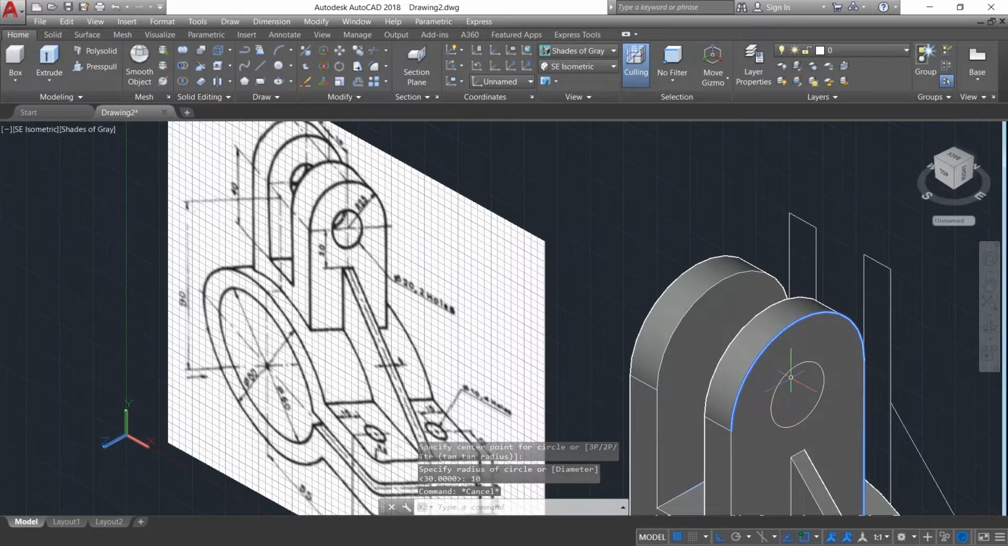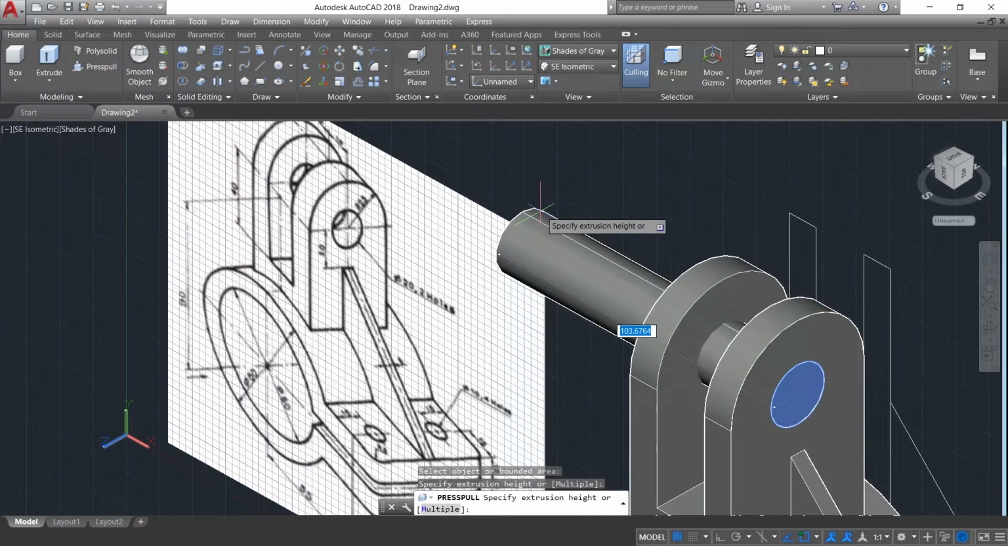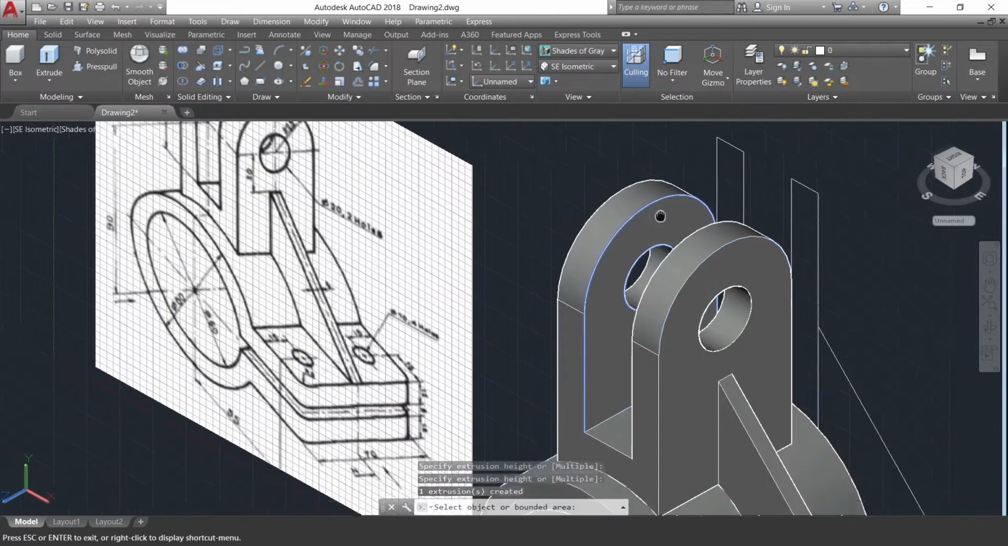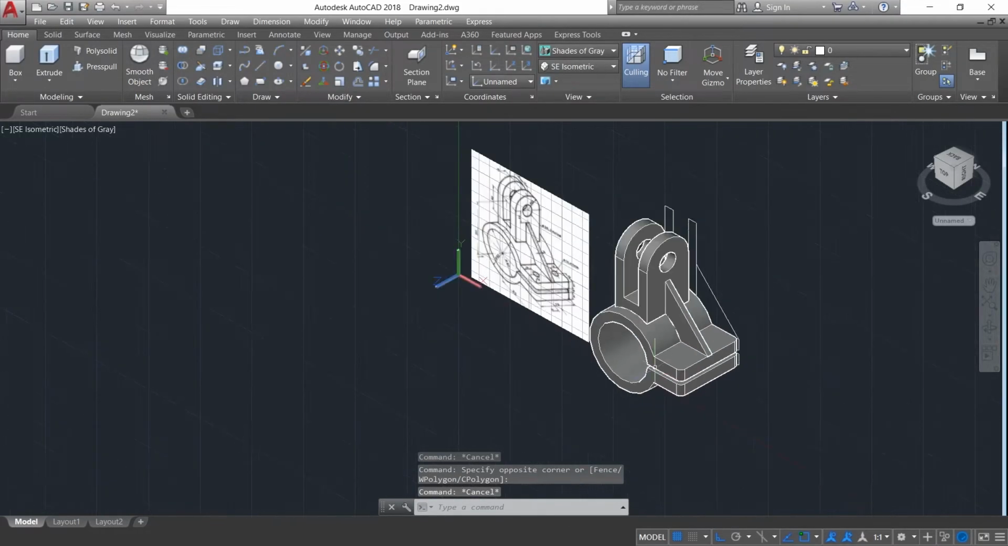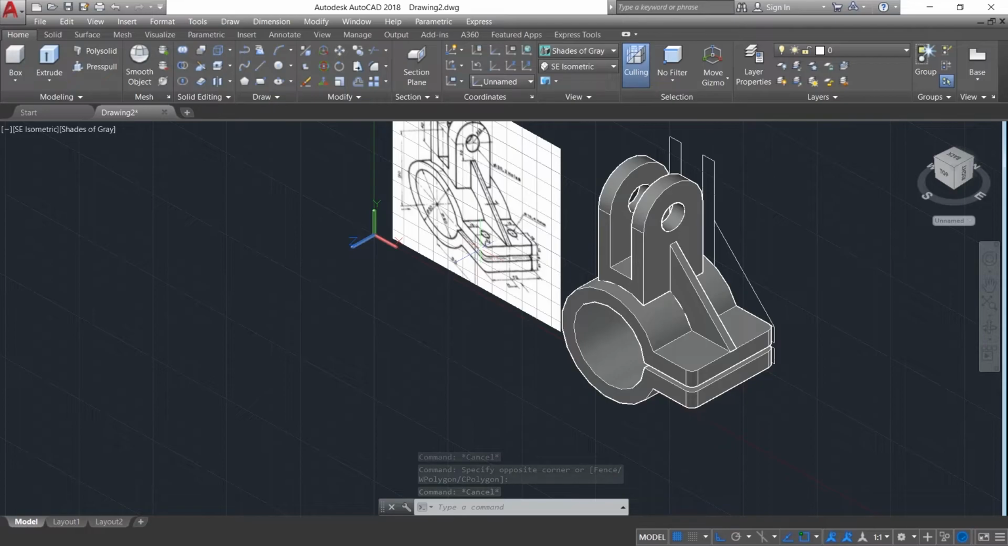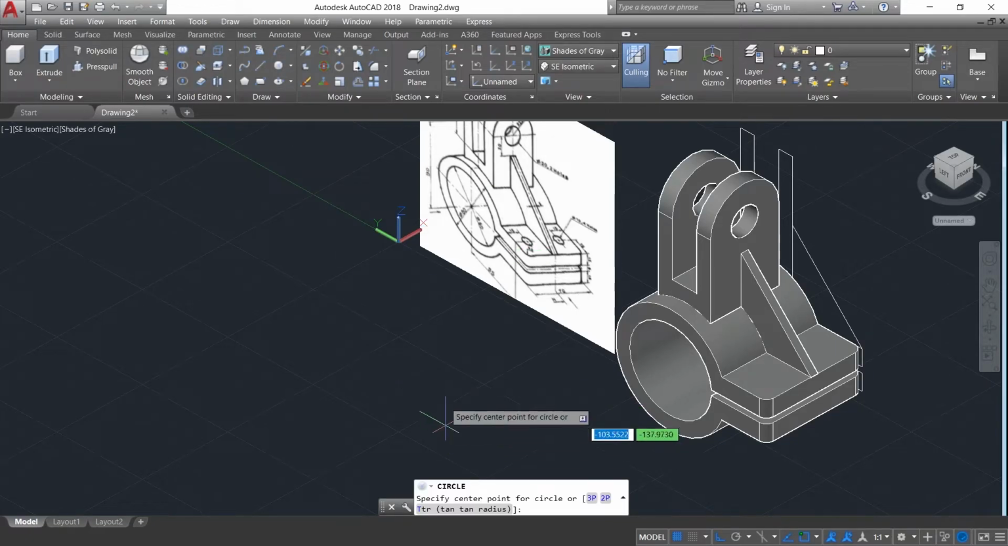Again using the press pull command and press pulling it to an infinite height. As you can see, the hole is made. So now you can see our object is almost ready, but there are 4 holes missing in it. To draw these 4 holes, we need to shift the z axis in upward direction. And now drawing the circle of radius 5 mm, pressing enter,